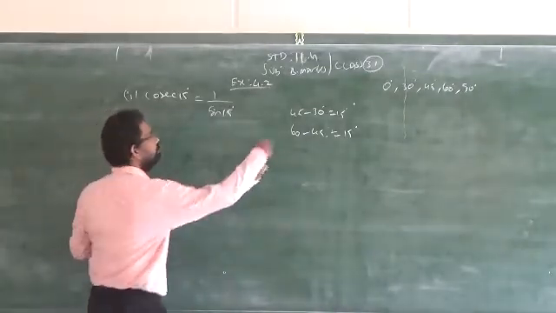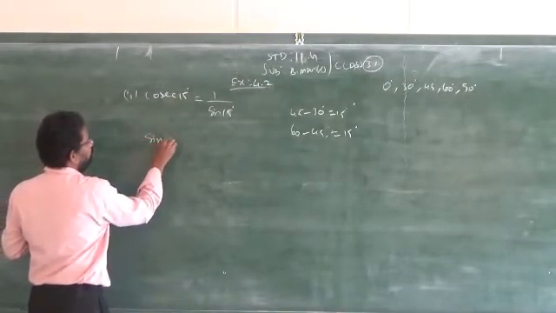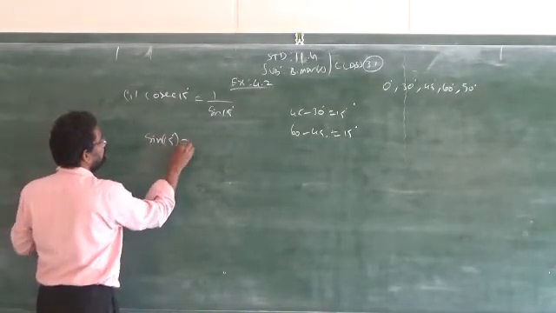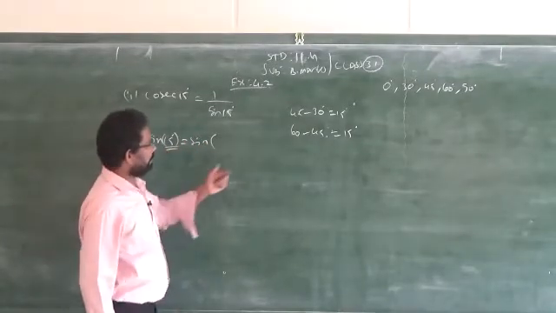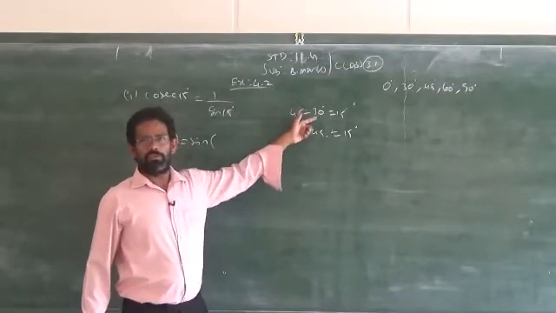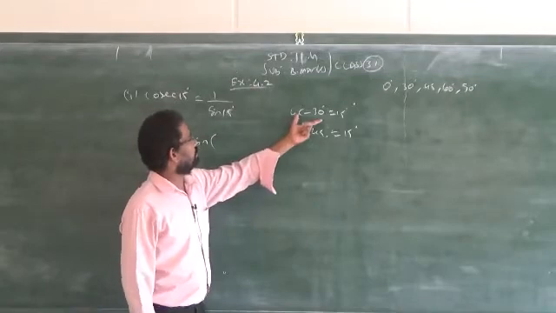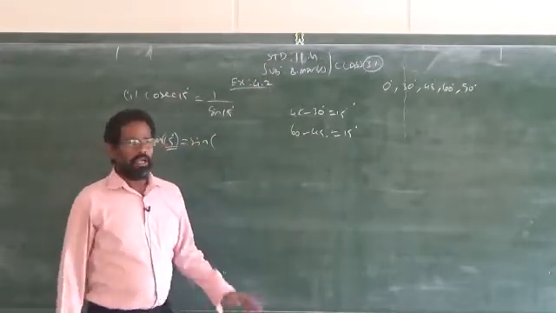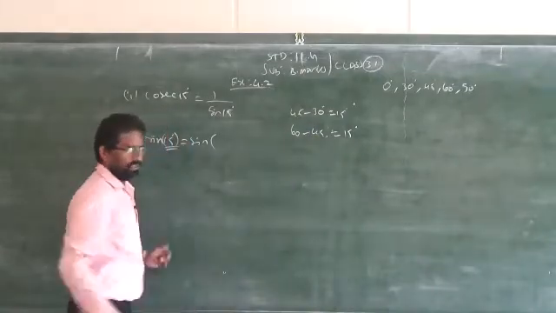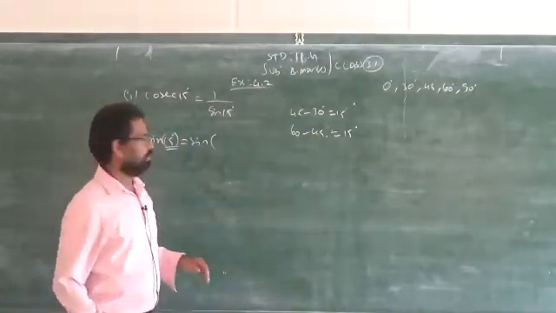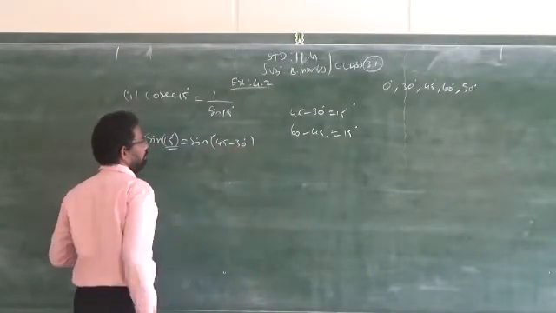Clear? So I am taking the first one, that is sin 15 degree is replaced by sin of, this 15 is replaced by any one of these two ways. You have two possibilities, your wish, either the first possibility or the second. I am taking the first possibility here, but you may take the second also and get the same answer. You never get a different answer. Clear? So, 45 minus 30 degree.